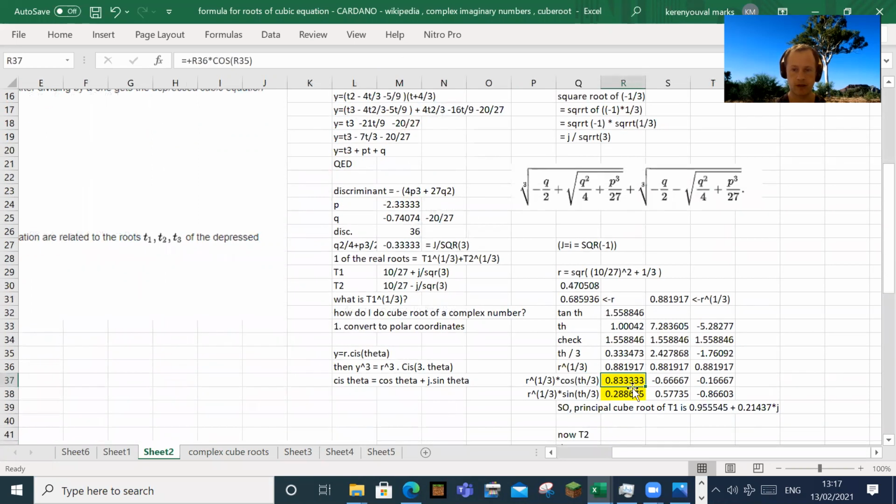So we've got three results we've found that are the cube roots of term 1. These are the 3 results. Okay, then, and the principal of these ones, this one, this one, or this one, it turns out the principal is this one, and the reason is because that one's got the real component which has the highest value. So this is higher than both that and that. And that means that this is our principal solution to the cube root of term 1. Okay, then. So I've written that down here. Oh, I've got a mistake there. I should say 0.833333 plus